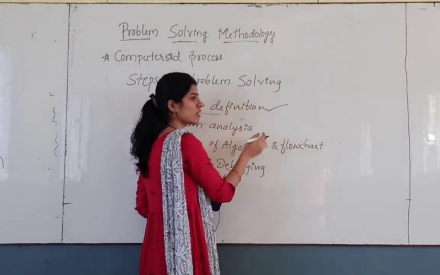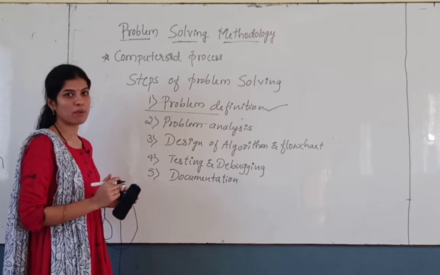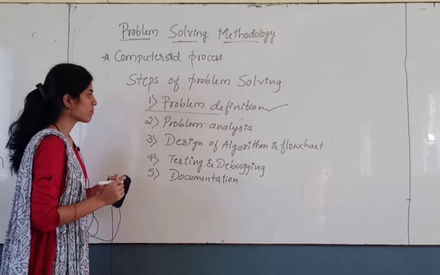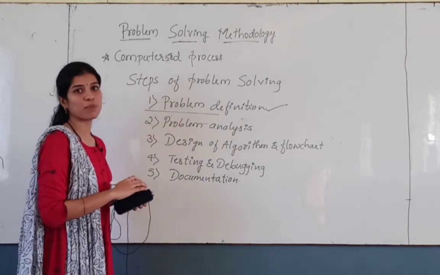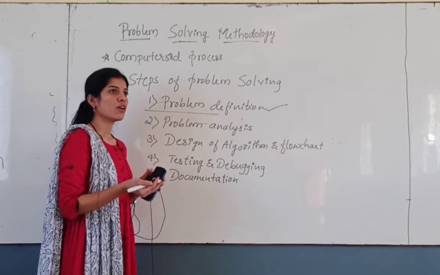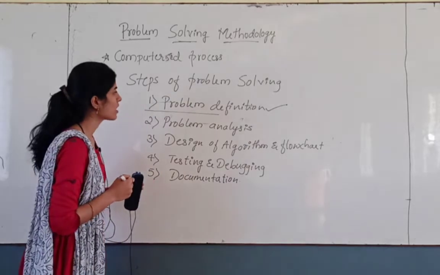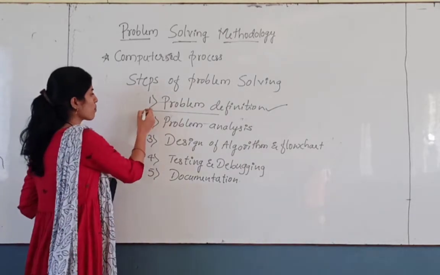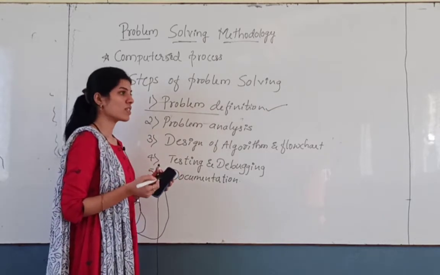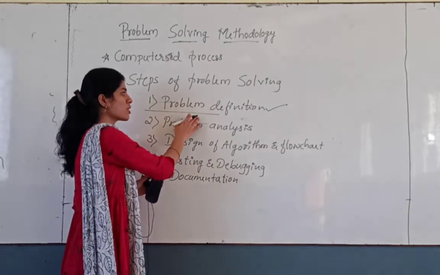For defining any kind of problem, we get a first question: what kind of program it is, or what kind of task it will perform, and what inputs are required for solving it, and where that input should come from. And in terms of output, what type of output we will get, and the last one is what requirements or constraints we need for solving this problem.